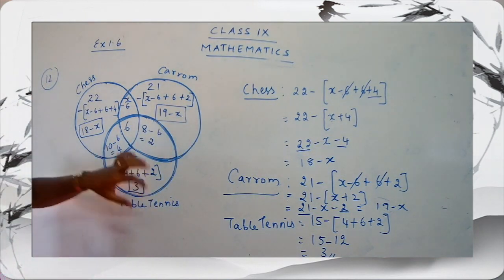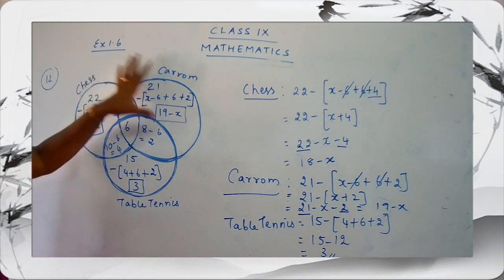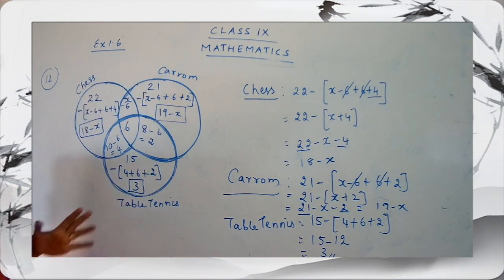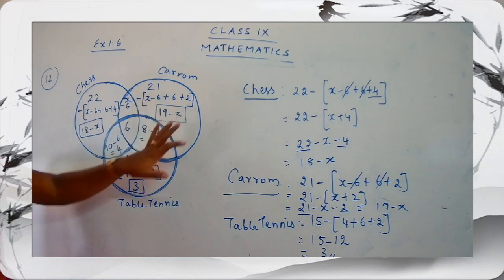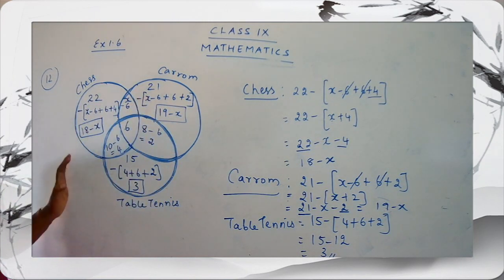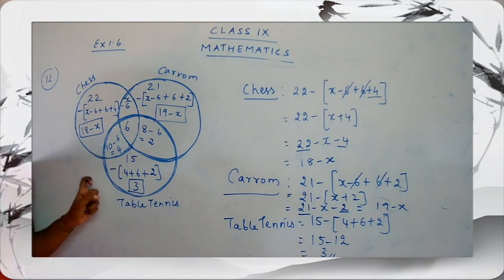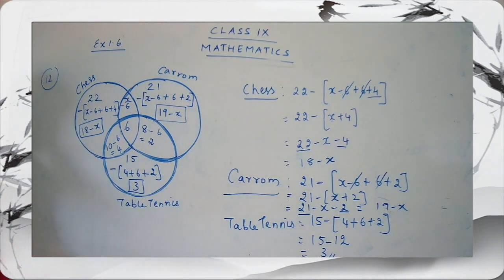So see, children, for this part itself you'll get 3 marks. The Venn diagram. If you just draw 3 circles, we are not going to give you 3 marks. The circle with the complete information. So if you have filled all the information, out of 5 marks, you will be getting 3 marks for the Venn diagram. Okay, children? So you have to be clear with the concepts. Okay, complete your answer, children. Complete all the information in the Venn diagram.